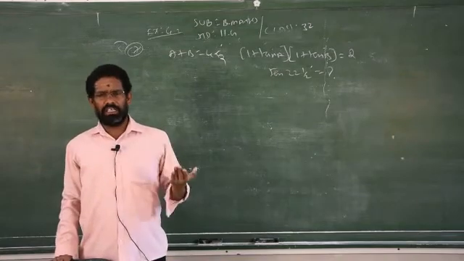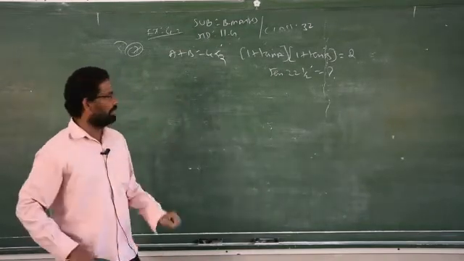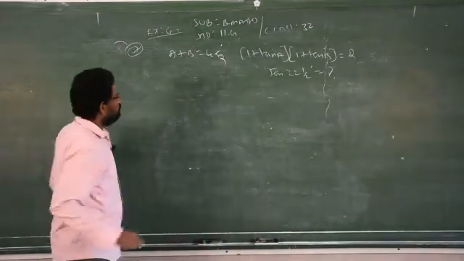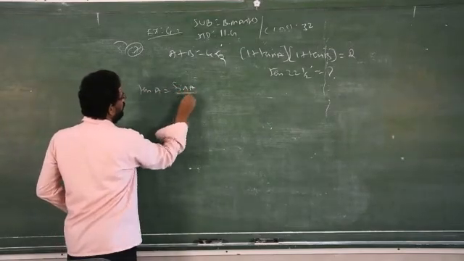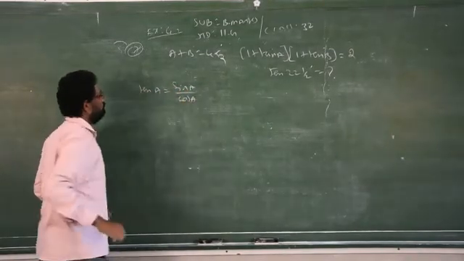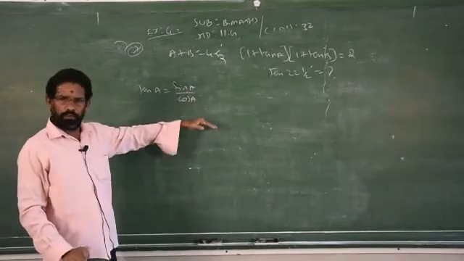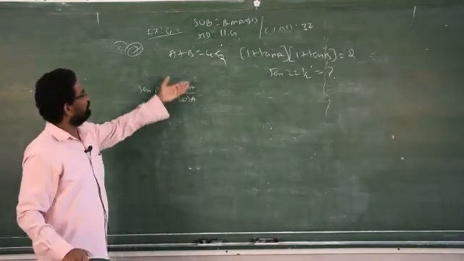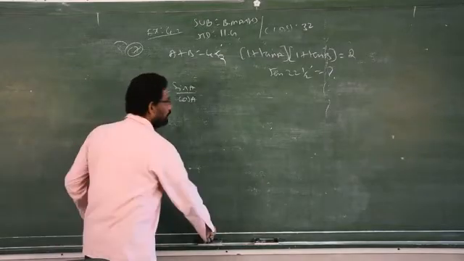If you want to take sin and cos, you can do it, but you have to divide both results, then only you will get sin by cos, tan. Clear? So tan A you studied already. Tan A is equal to how much? Sin A by cos A. So if you take sin on both sides, you simplify. Then you take cos on both sides, you simplify. Then finally divide both, the answer will get tan A. So that is a longer method.